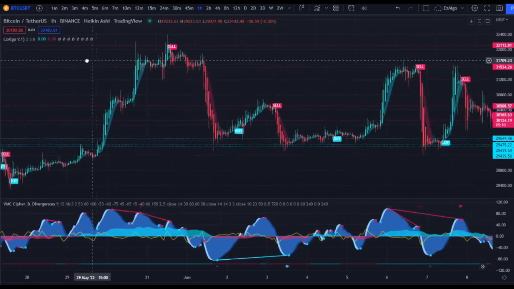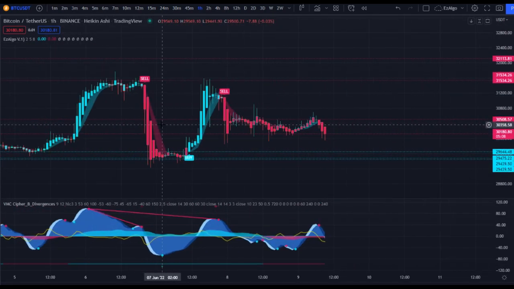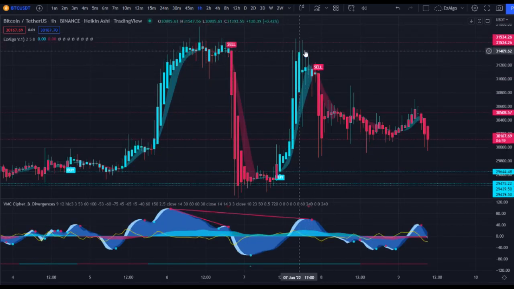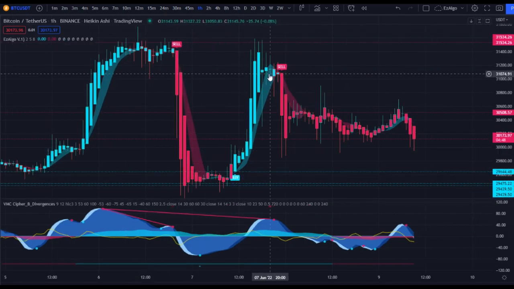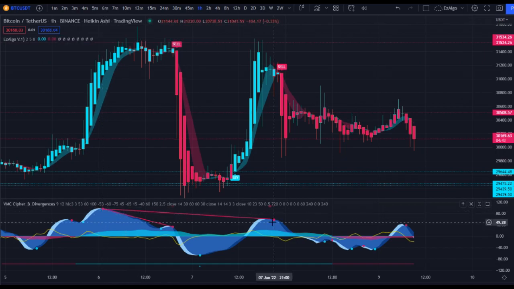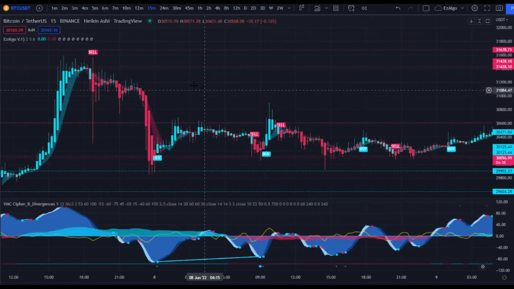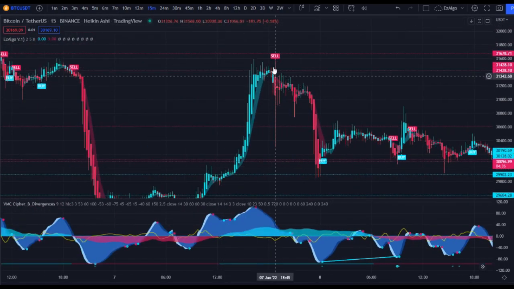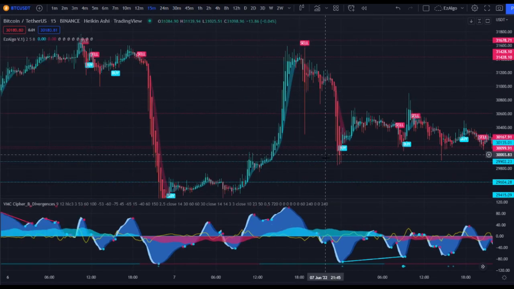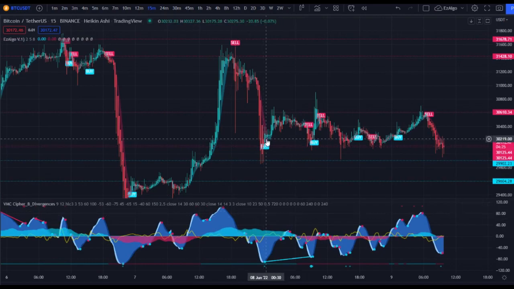Let's go back to the hour for a second, and I'm just going to show you a recent trade. So I took this short right around here at 31,500, so nearly the top. I saw that first of all, we had this divergence right here on Vumanchu Cipher B. So momentum is coming down, and I went on a lower time frame, on a 15-minute time frame, and I got this short right at resistance. So this would have been a beautiful time to take a short trade. And what happened? Price came back down. So you want to use these Vumanchu Cipher B divergences and trigger waves to confirm your trading plan even more